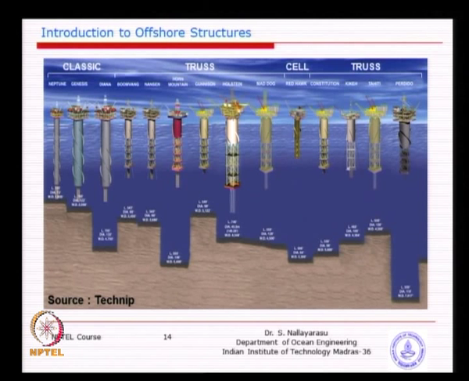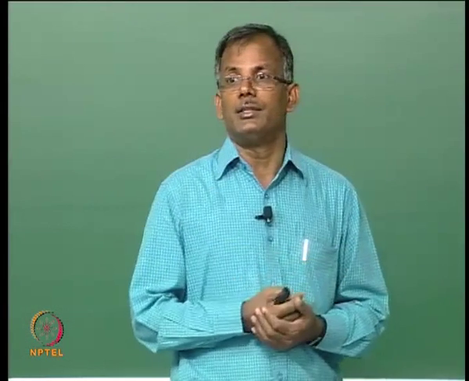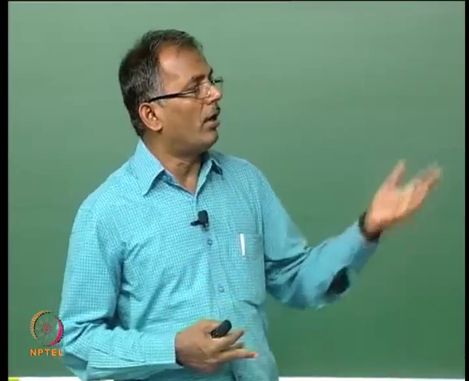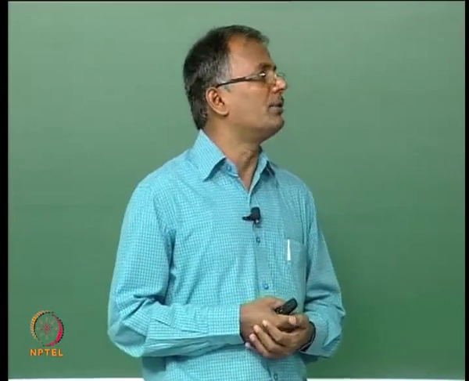So, various configurations, but the concept is very simple. Here buoyancy also must be higher than the weight, and center of gravity and center of buoyancy are manipulated to give a vertical upright position in a single column. So, that is the most important aspect. So, the stability is purely by means of manipulation of the center of buoyancy and center of gravity, whereas with multiple columns, even if the center of gravity is higher, you will be able to achieve stability like a ship or like other semi-subs or four-column structures.